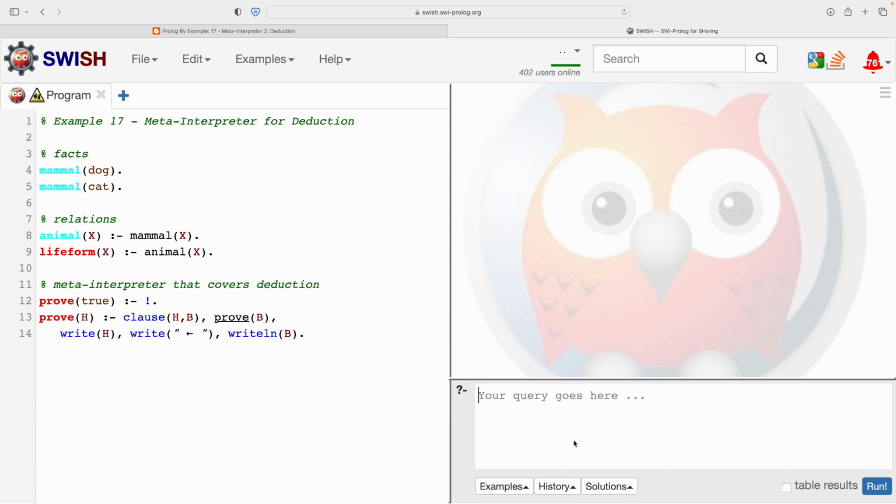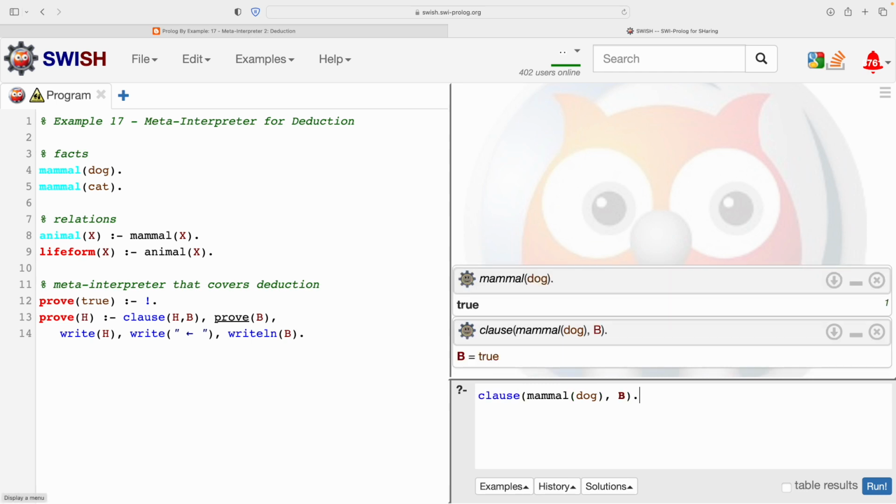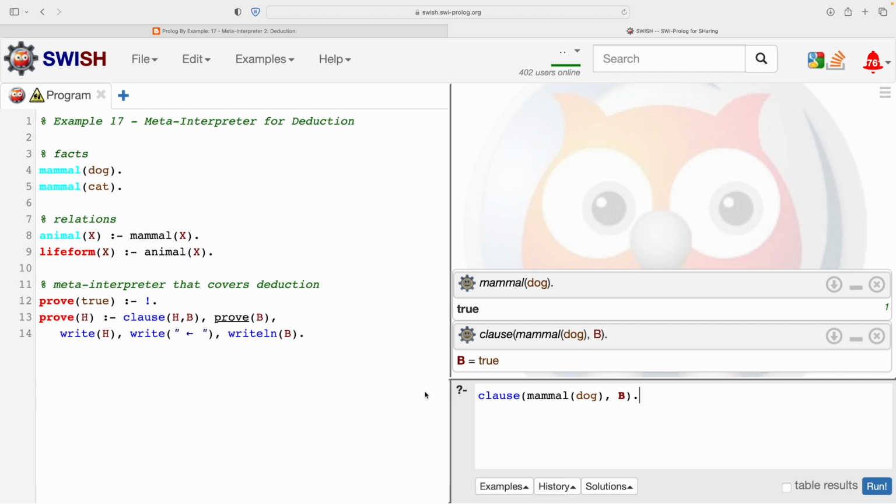In fact, before we do that, let's warm up and check the basics. So we always do this, don't we? Just make sure the very basics work. Yep, that works. Mammal dog. Let's do the more interesting one, which was clause. So we know mammal dog returns B as true because it's just a simple fact and the body is just